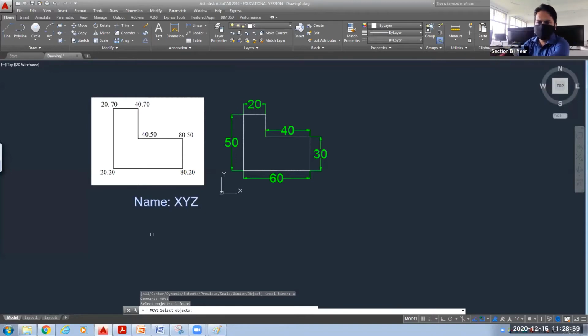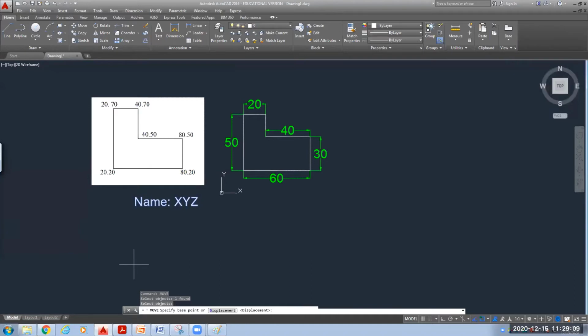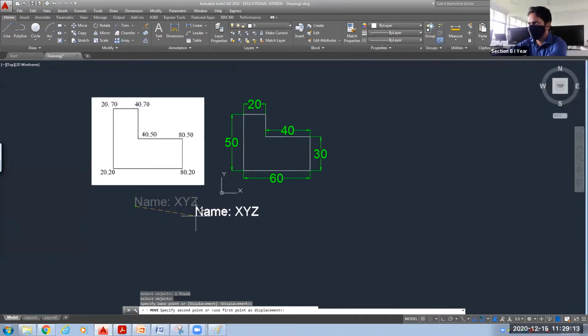Once you selected the object, then you have to press enter. Now see here what it is asking, specify the base point from where I want to move it. So base point I have selected at the bottom of n alphabet. I want to bring this at the center, both sides. Okay. So this is where I want to place it.